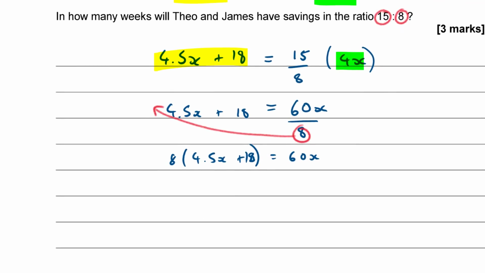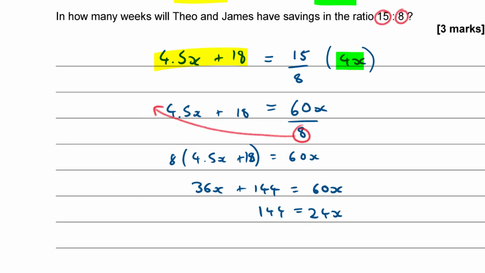Right, so multiplying out the brackets, 8 times 4.5. Could do it in my head, but I've got a calculator. So that's 36x plus 8 times 18. What's that? 8 times 18. That's 144. So I've got 36x plus 144 equals 60x. So let's subtract 36x from both sides. So that will leave me with 144 on this side and 60 subtract 36,